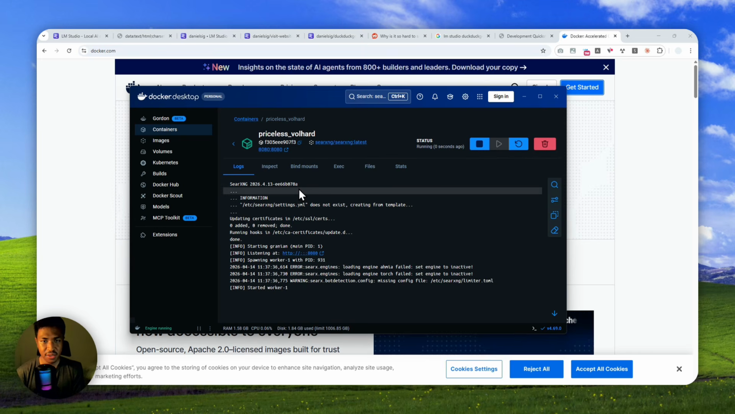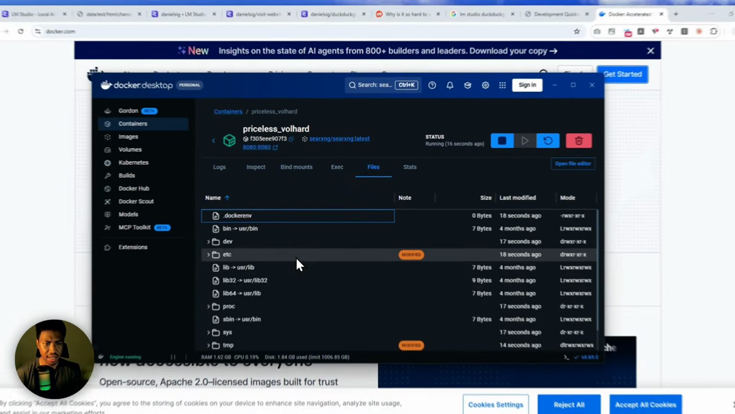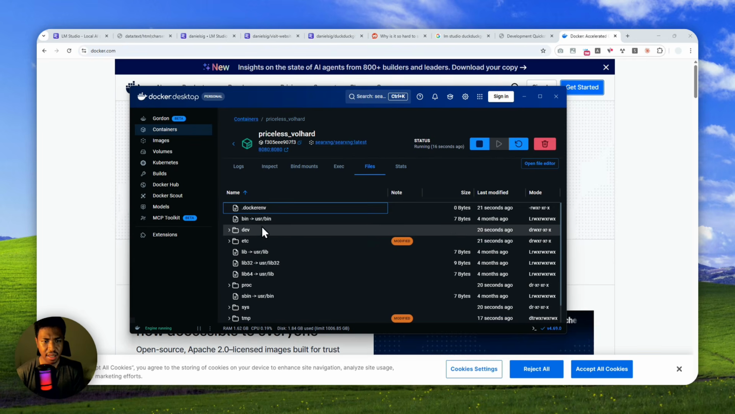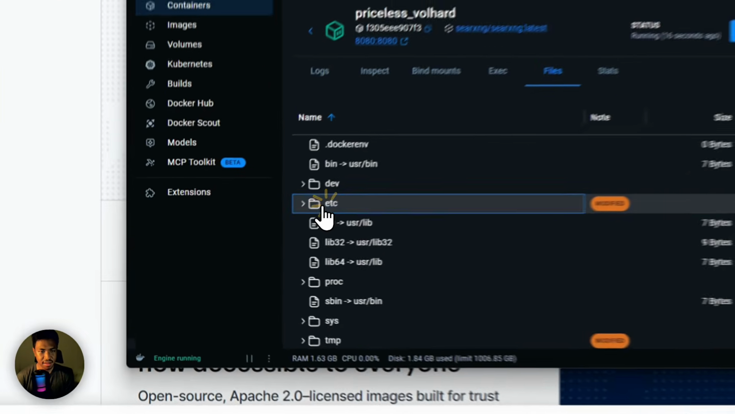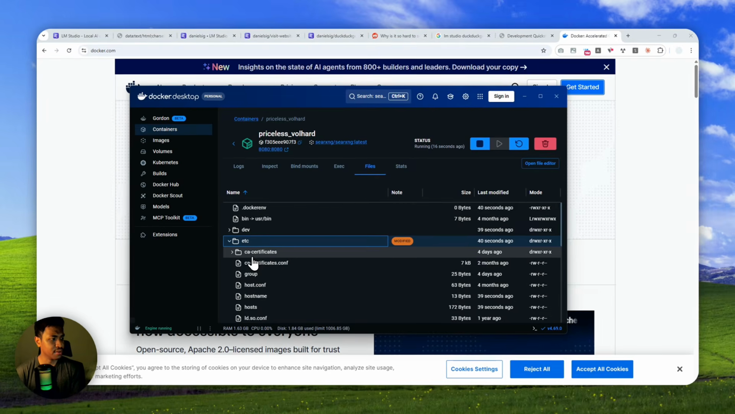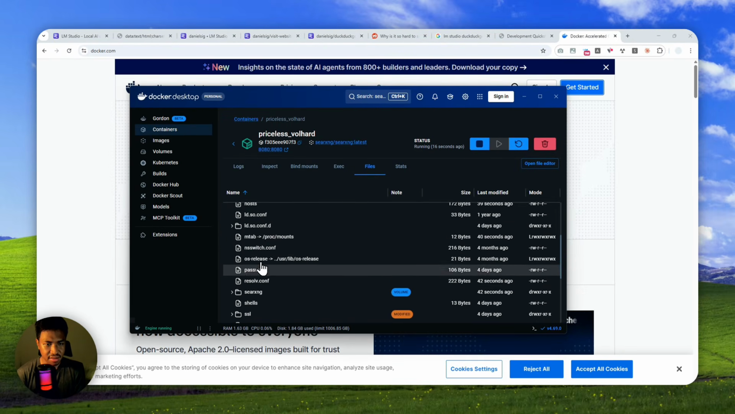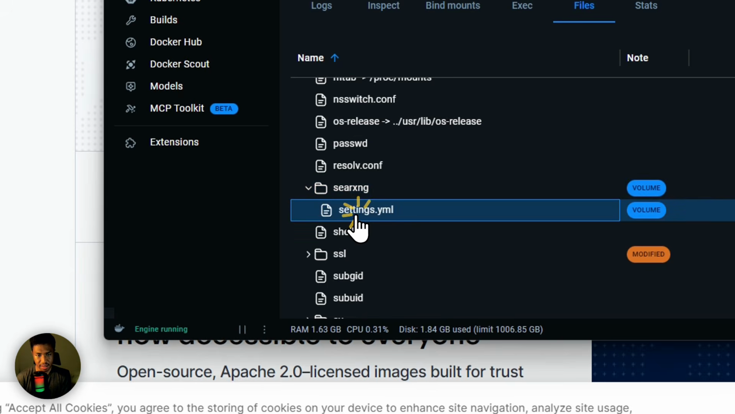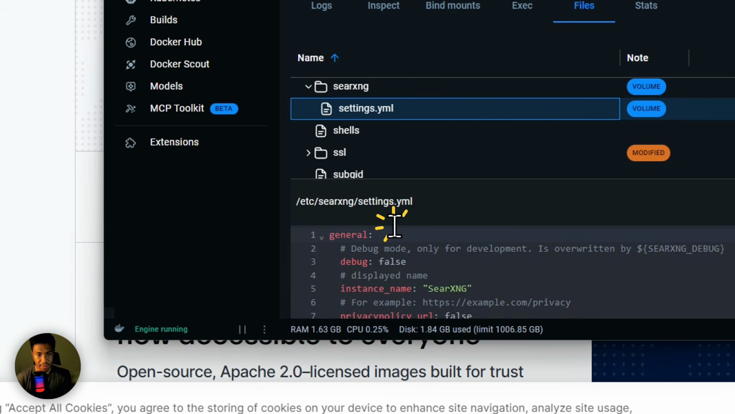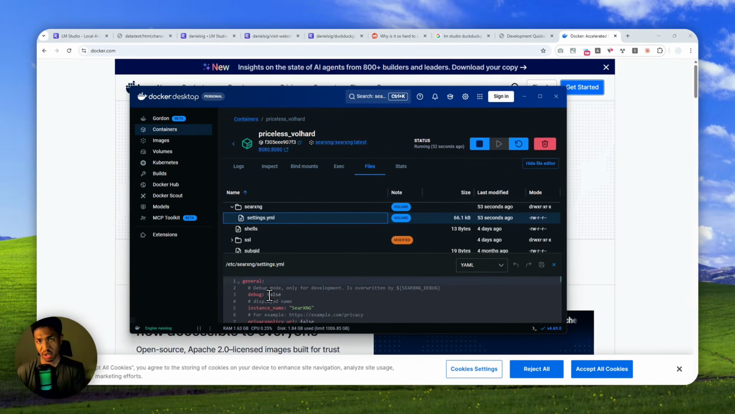So right here, you can open files, and then you can navigate to a directory called, let me check my note. I kind of forgot the directory. Oh, sorry about that. Okay, so this one. All right, so you have to navigate to a folder called etc. Okay, and then you have to navigate to searxng. It should be this one. Yeah, this one, and then settings.yml. You can right click on it, edit file,